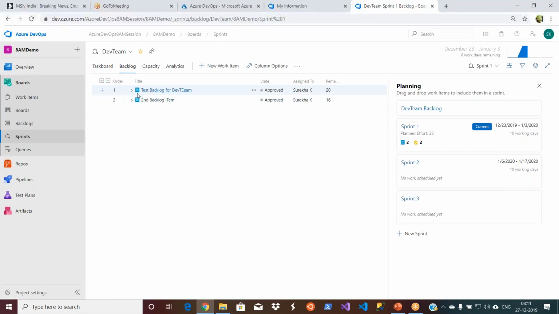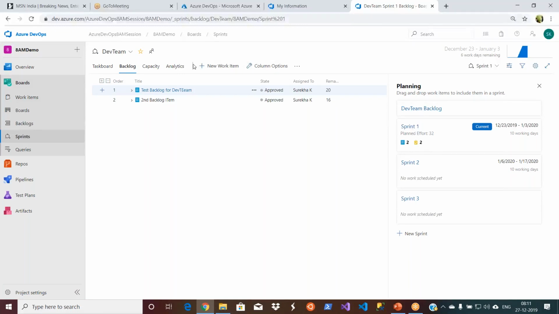You see this symbol, that's how I recognize it. I don't read it; you just need to go by the symbol. So you have two backlog items in sprint one now. And you see the planning here. You have two product backlog items, and also two tasks. Now what I will do is add one more requirement, a product backlog item, to this sprint, and then we'll do the capacity planning.